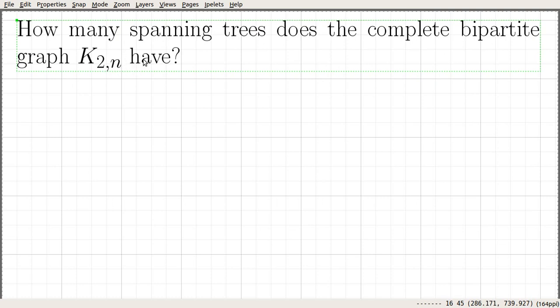Okay, so here we are going to take a bipartite graph, so there is a bipartition of the vertices.